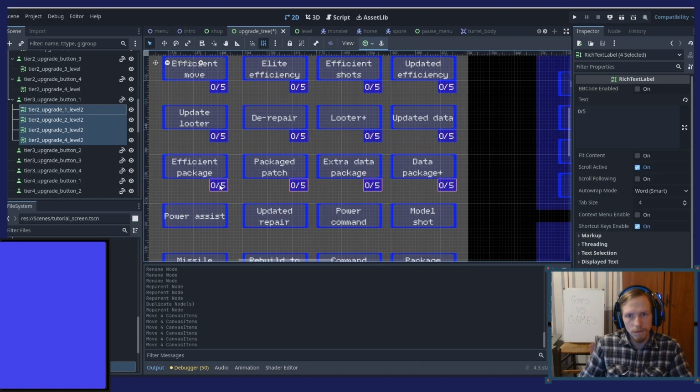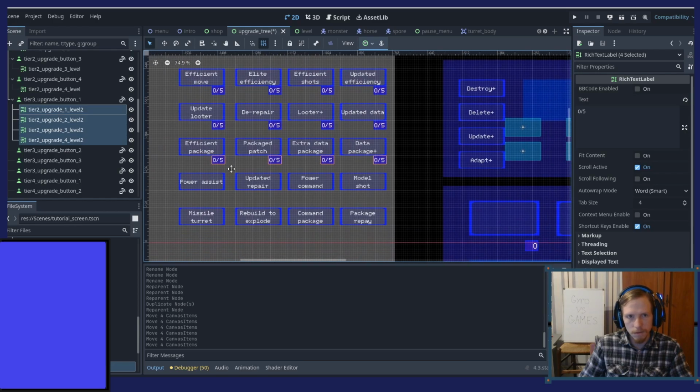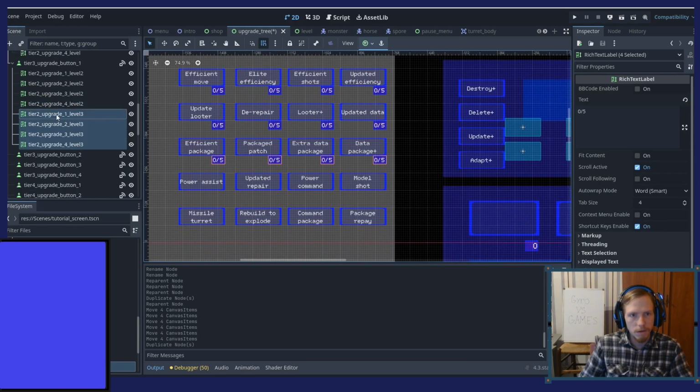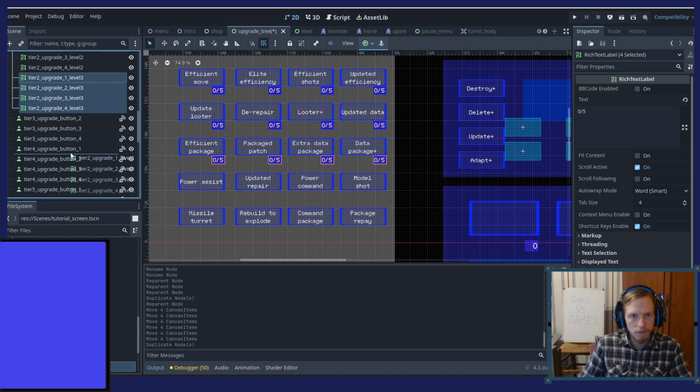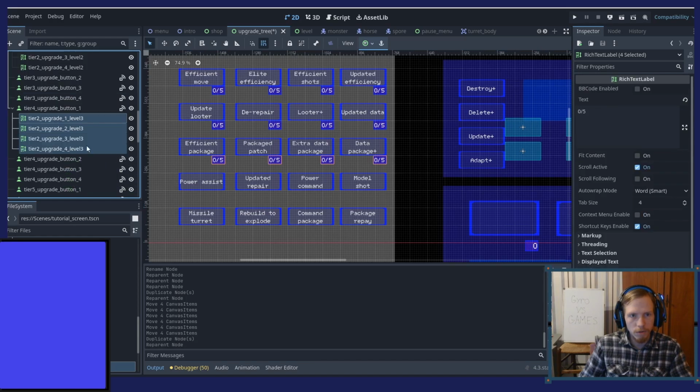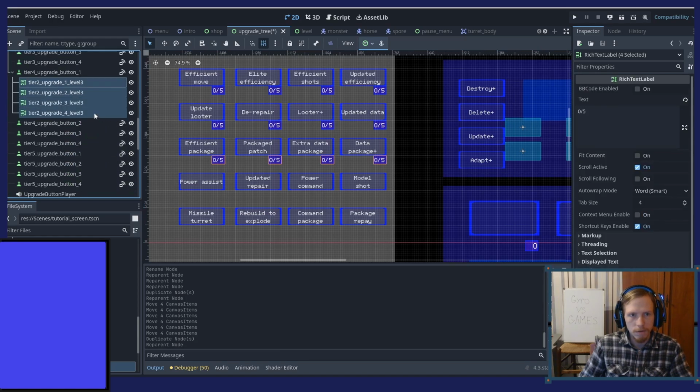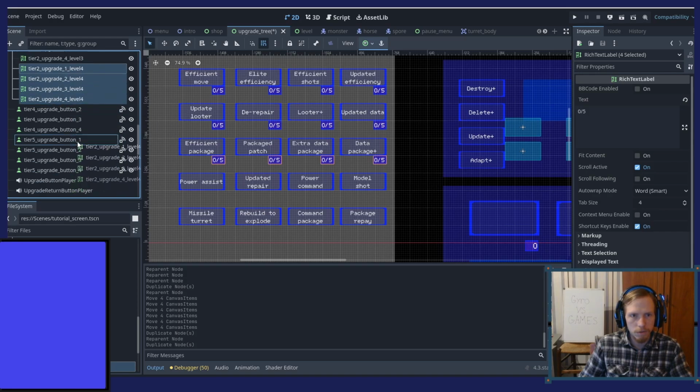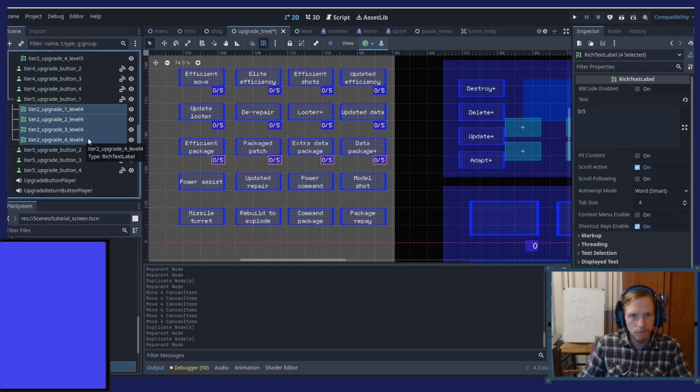Okay, this is here, it's for tier 3, then with tier 4, and with tier 5.